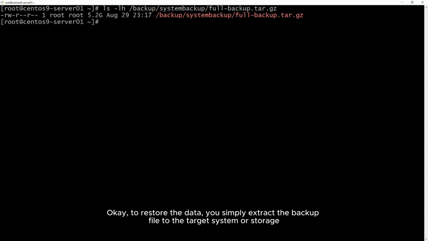To restore data, you simply extract the backup file to the target system or storage using this command: sudo tar.